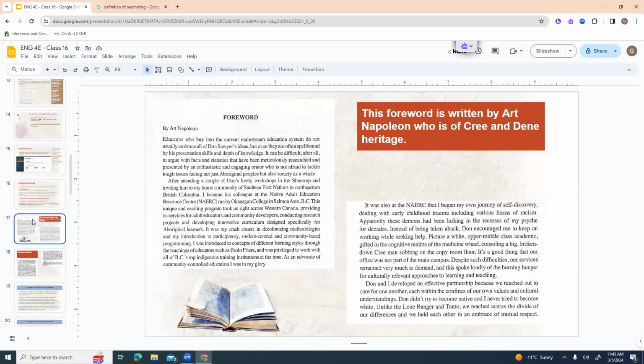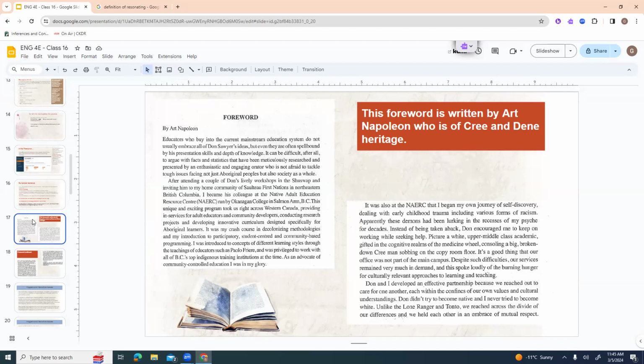Educators who buy into the current mainstream education system do not usually embrace all of Don Sawyer's ideas. That's the guy that wrote the novel. But even they are often spellbound by his presentation skills and depth of knowledge. It can be difficult, after all, to argue with facts and statistics that have been meticulously researched and presented by an enthusiastic and engaging orator who is not afraid to tackle tough issues facing not just Aboriginal people, but also